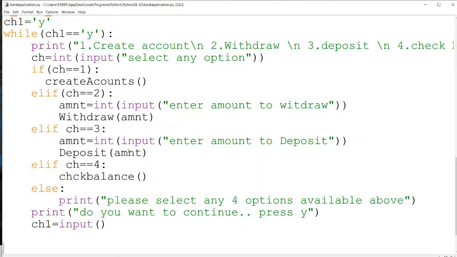Even for deposits, you can restrict how much deposit you can make. You cannot deposit 10 lakhs in a single day. You can do this because this is a basic application. You can make any kind of changes you feel like. That is the reason I'm giving the source code to you. You can use the source code to update it, and if you want to implement it more technically, you can do that. It is all in your hands.